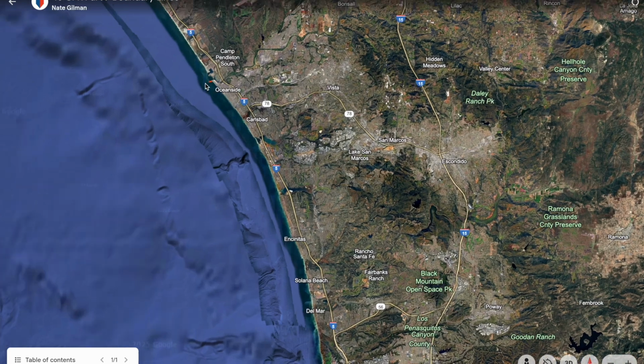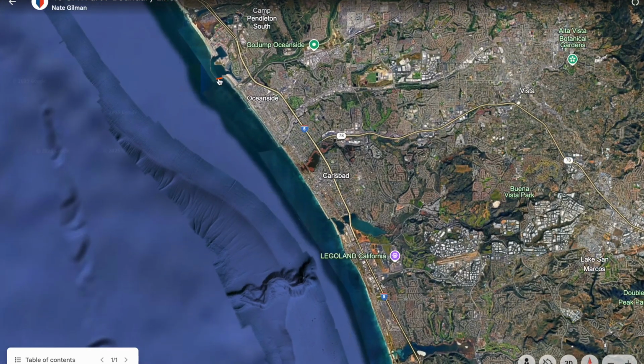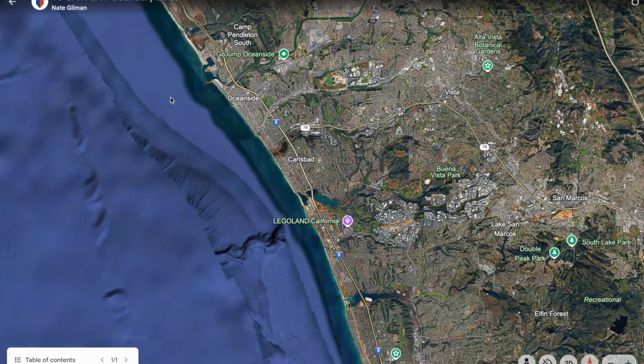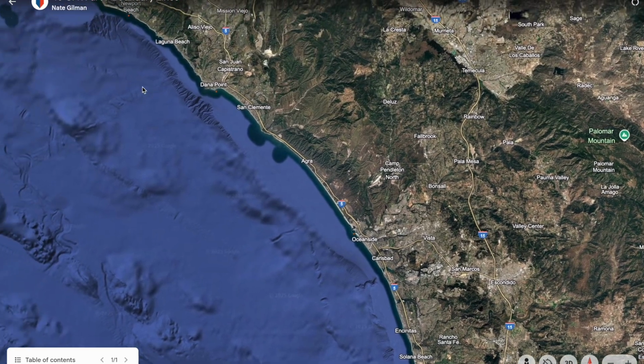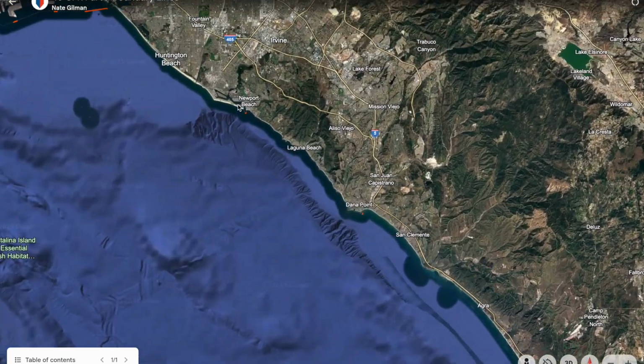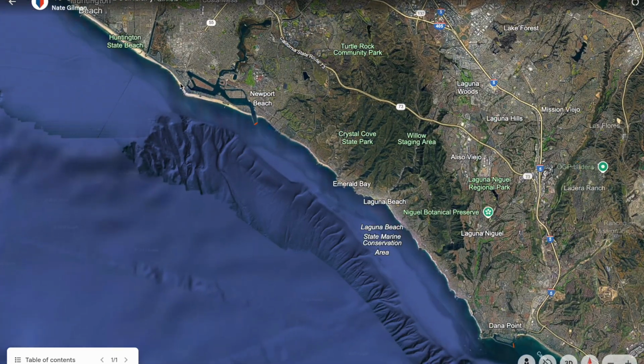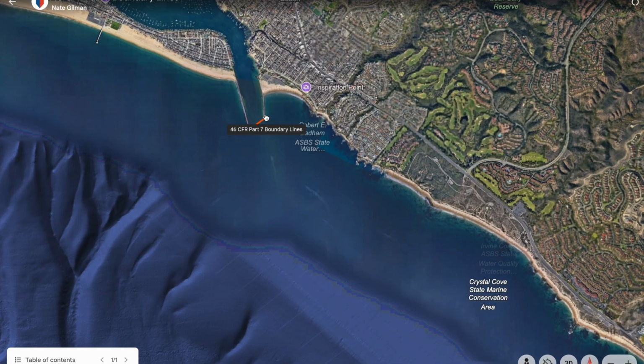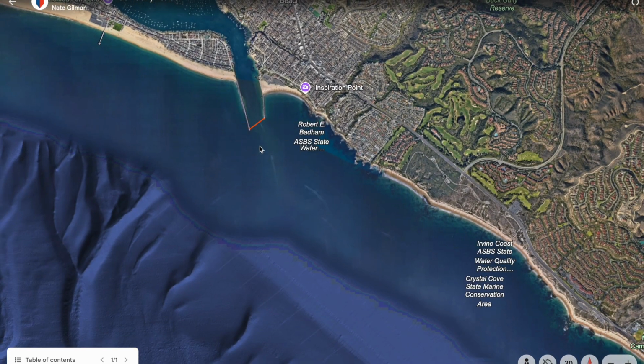There's a small red line. So you can see there's the breakwater. So outside the breakwater, you are near coastal. Anywhere here is inland. So if you're in the Pacific Ocean, you are getting near coastal time. This is going to go all the way up through Newport Beach. Pretty easily the same thing. If you're outside of the breakwaters, you can see the line from the breakwaters. This is near coastal. This is all inland.